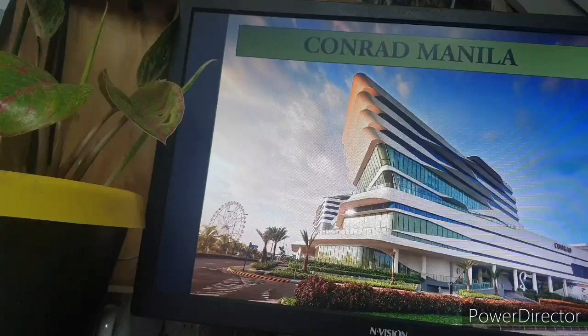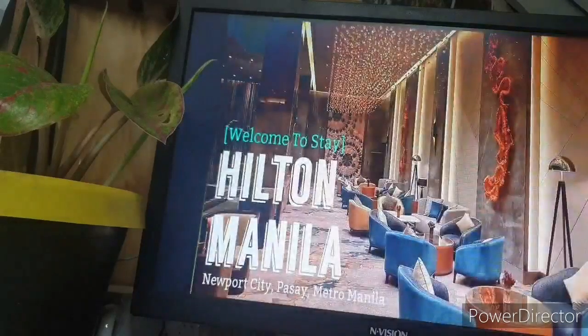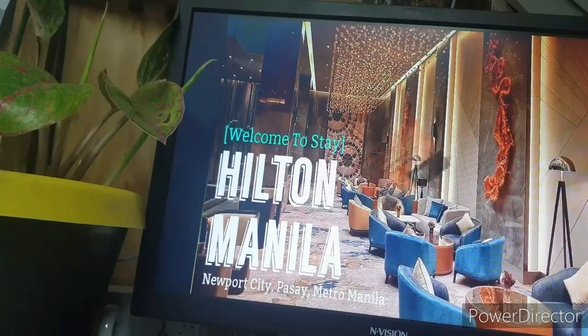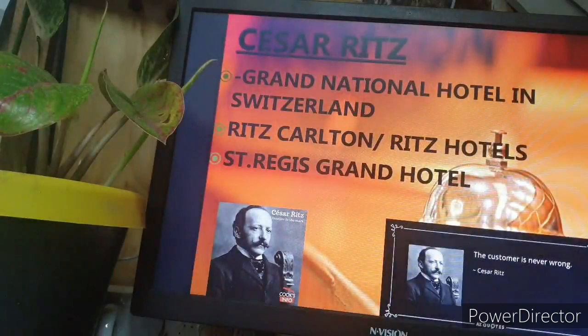It is located at Seaside Boulevard. And we have Hilton Manila. It is located at Newport City in Pasay, Metro Manila. Next in line, let's move on. Mr. Cesar Ritz,